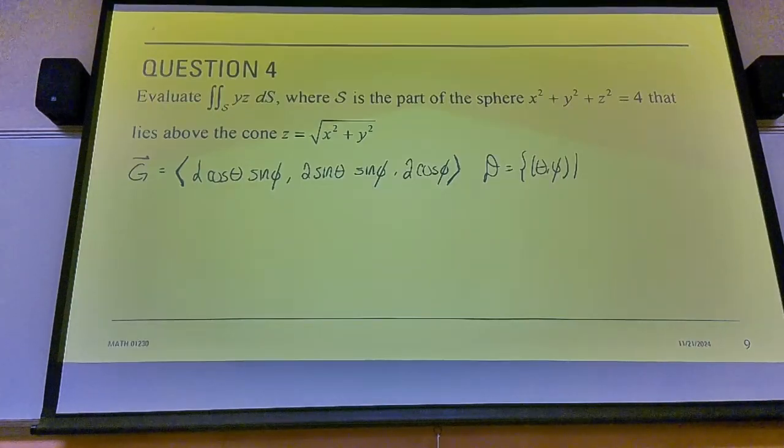Theta is 0 to pi, and phi is 0 to pi. If phi was 0 to pi, that'd be the entire sphere. So clearly it's not. 0 to